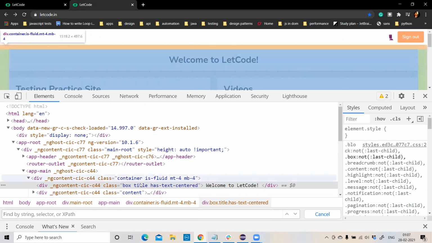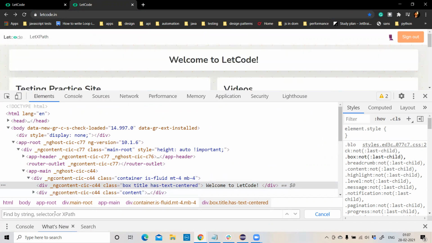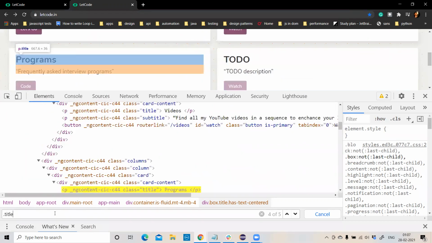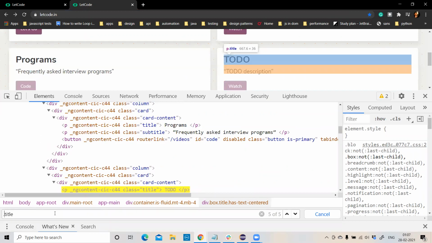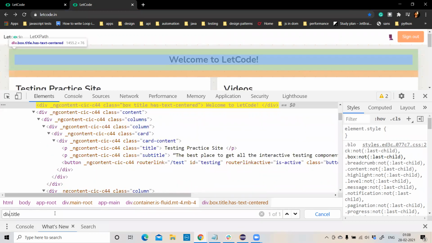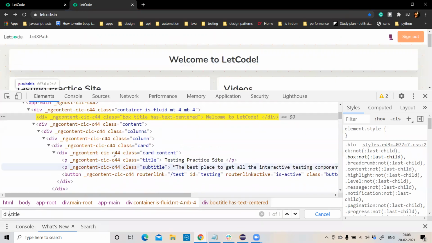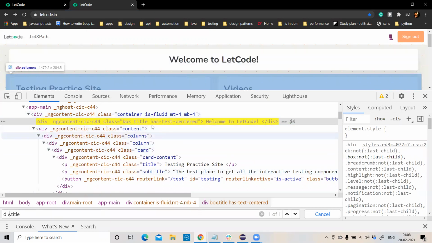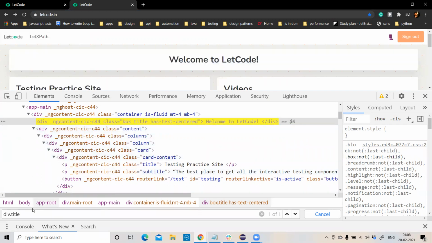Let us try with this title. Ideally, we have 5 titles here. It should be from the div tag, and it has a class called title.